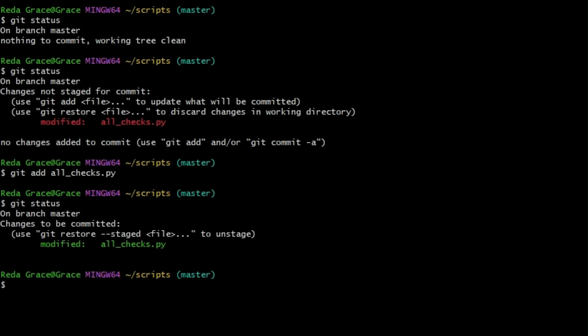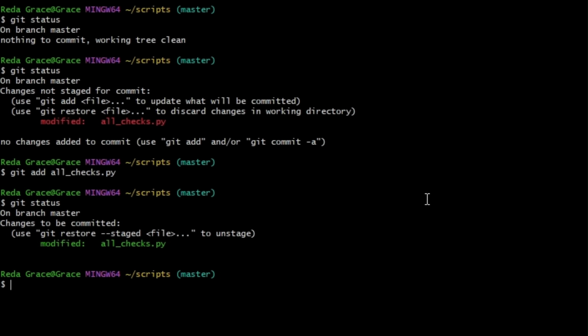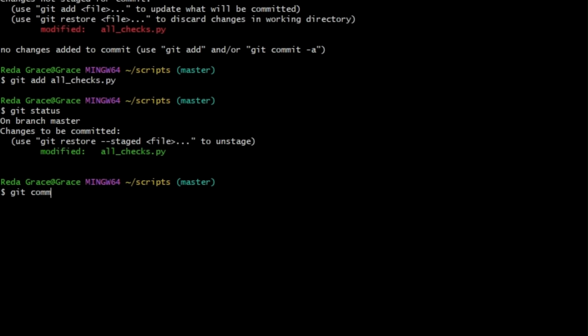This means that our file is currently part of the staging area, and it will be committed once we run the next git command, git commit. In this case, instead of opening up an editor, let's pass the commit message using the -m flag, stating that we added a new function called check_reboot, and then pass the commit message that we want to use. So in this case, we'll say that we've added the check_reboot function.